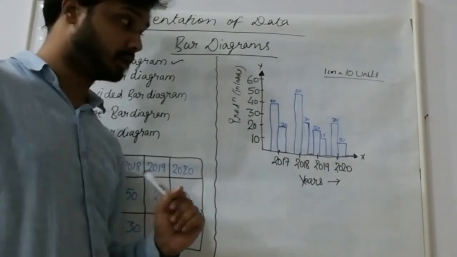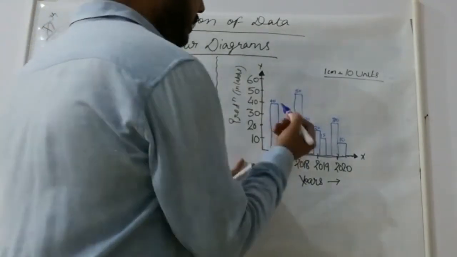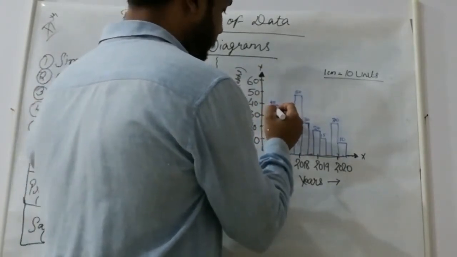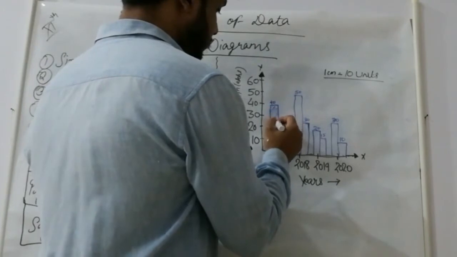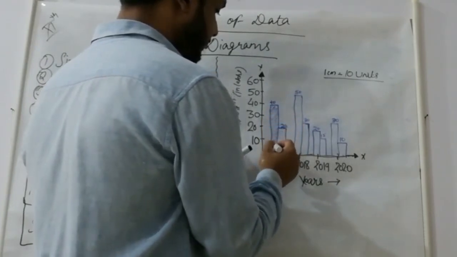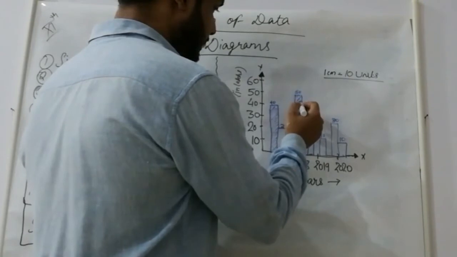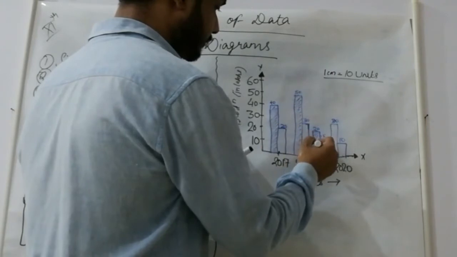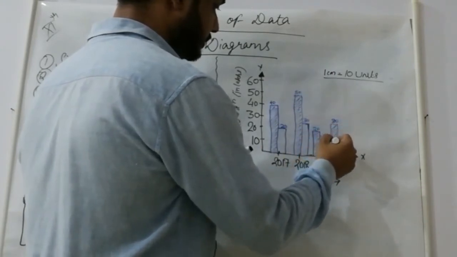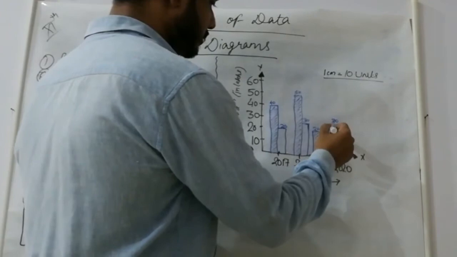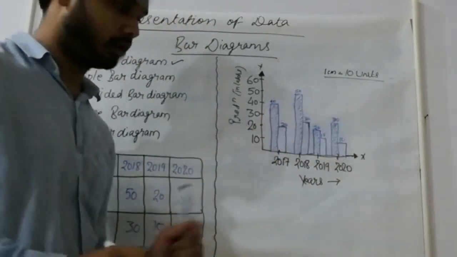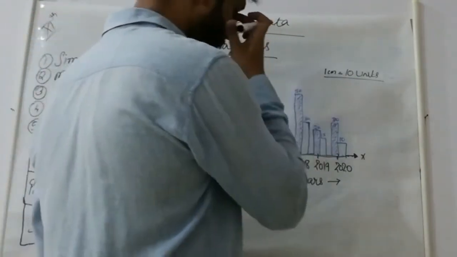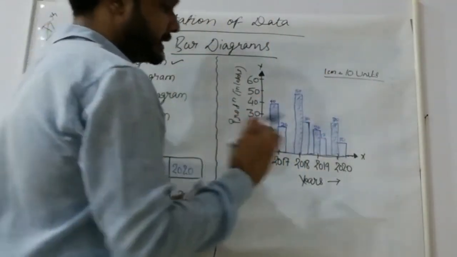But something is missing here, that is, we are not able to identify which one is sales and which one is production. So this thing we will have to show. We can differentiate the diagrams with some shades. For example, let us make the diagram of production a little shady, all the productions. In this manner, and leave the other one blank, or if you want you can make any other diagram also. And after that, here also 1 centimeter is 10 units, let it be.